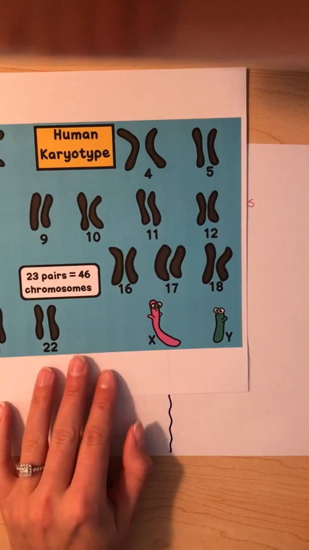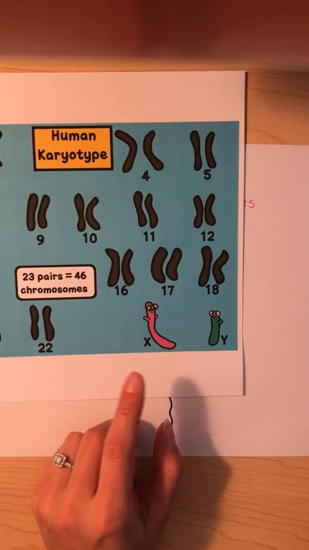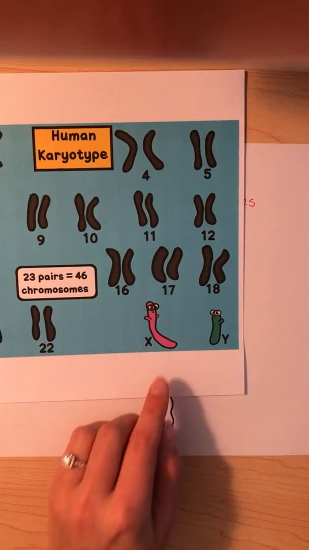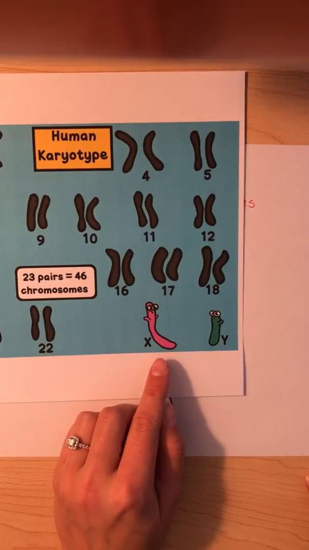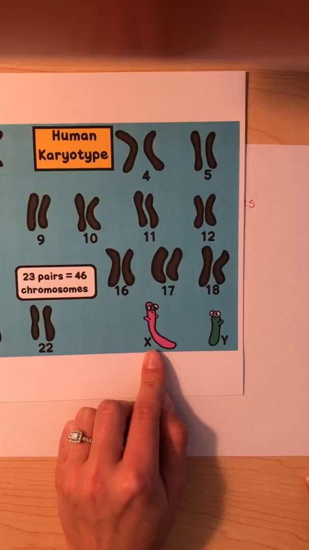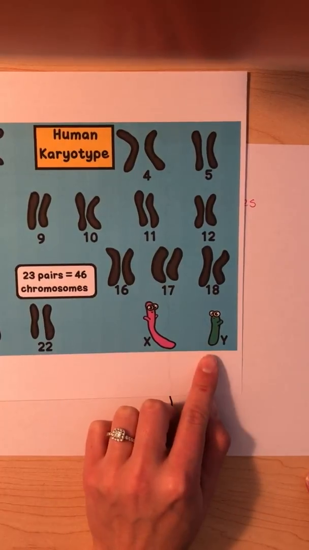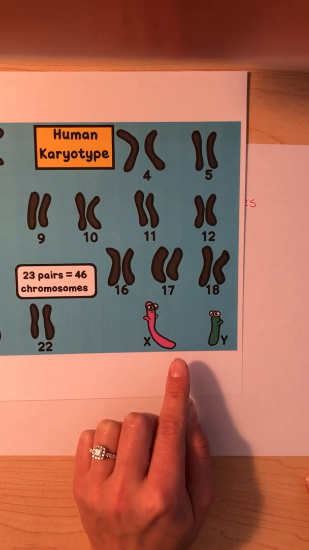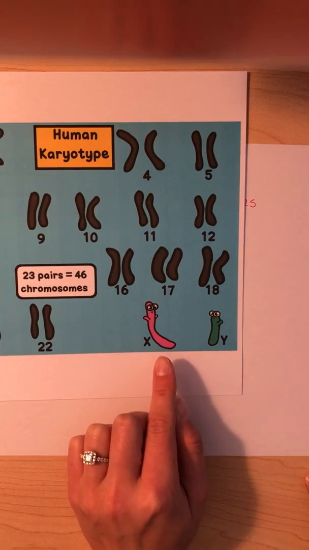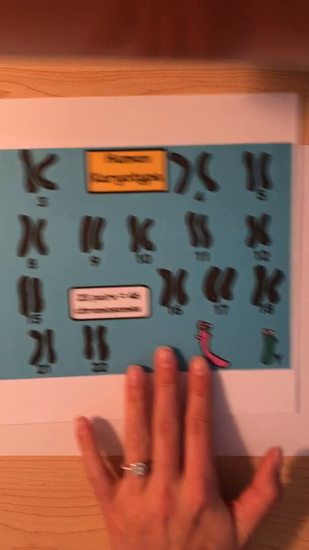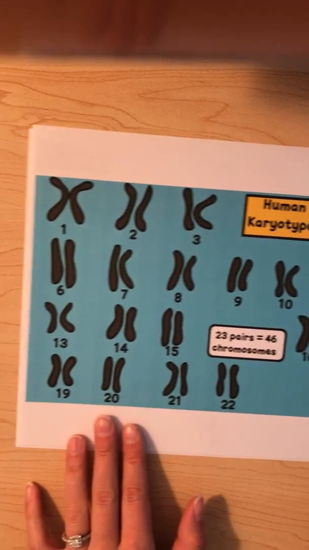And the very last set of chromosomes are your sex chromosomes, so that determines your biological sex. This would be a human karyotype for a male because there is one X chromosome and one Y chromosome, okay? One X and one Y chromosome indicate a male, and 2 X chromosomes indicate a female, okay? So for mitosis,